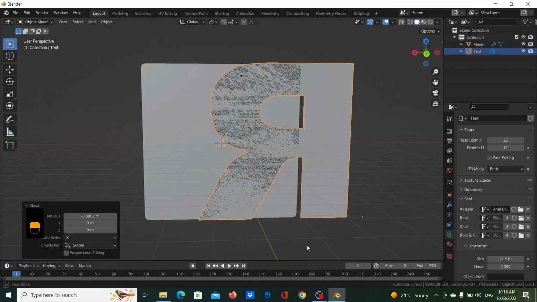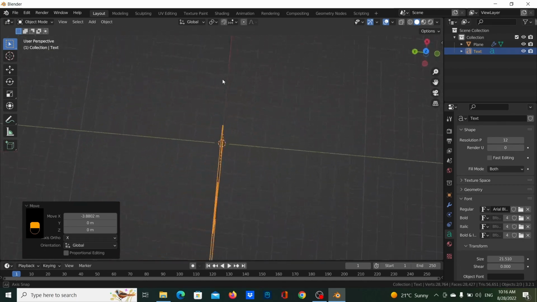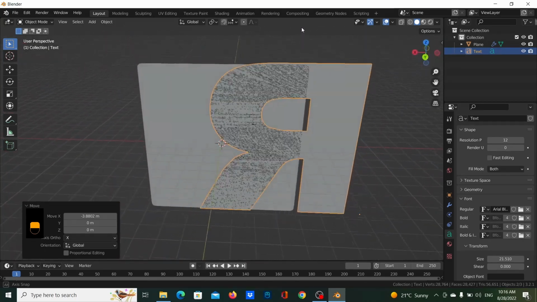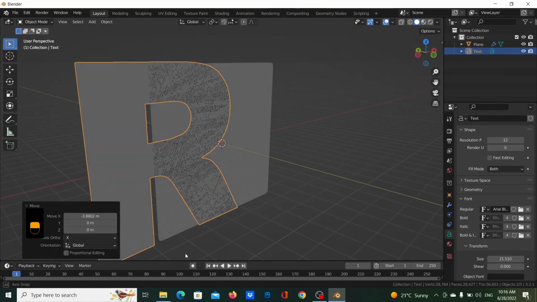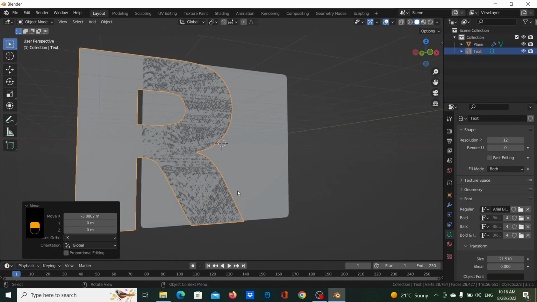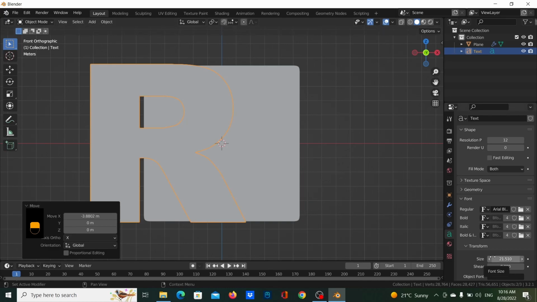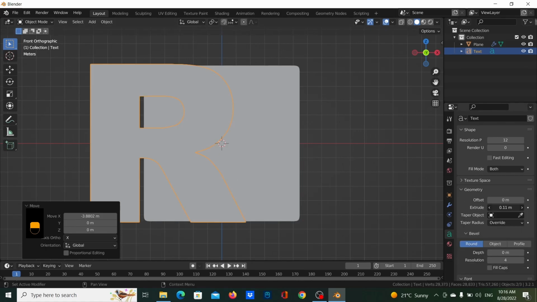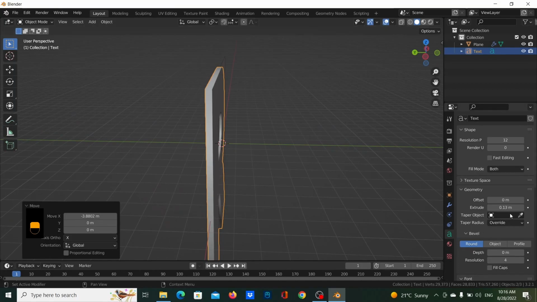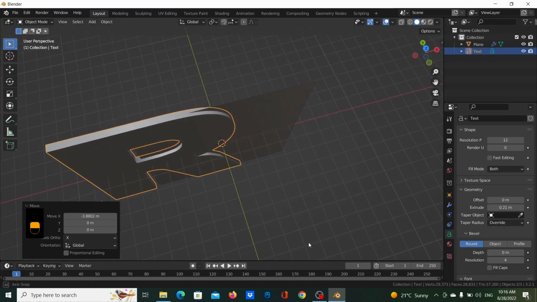Is the R below the plane? And it's slightly above the plane on the top. Okay, so let's get that done. So what I'm going to do now is extrude this. So I'm going to extrude it to about 21,